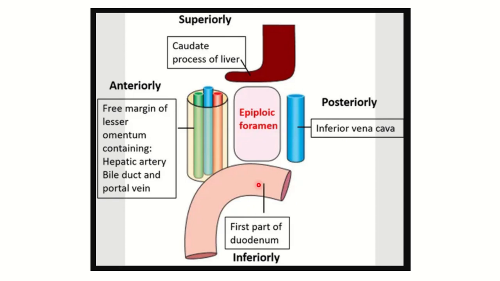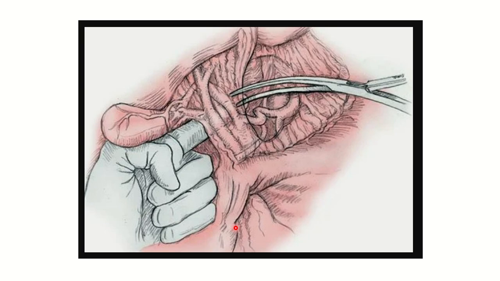So superior and inferior by viscera, anterior and posterior by the vessels: superiorly the caudate process of the liver, inferiorly the first part of the duodenum, anteriorly the free margin of the lesser omentum, which contains vessels and ducts such as the hepatic artery, portal vein, and bile duct, and posteriorly the inferior vena cava. So the anterior and posterior boundaries are by the vessels and duct, superior and inferior by the viscera. Here we can see in this picture, this is the Pringle maneuver